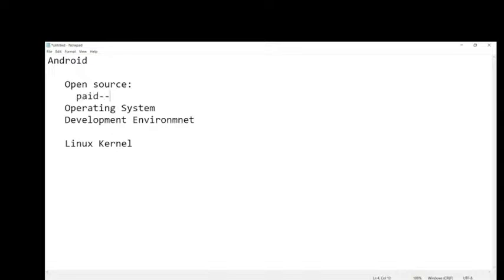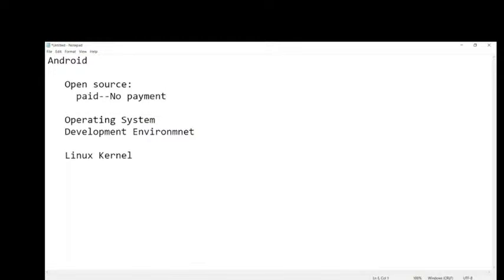But here, there is no payment. If you want to do Android development, there is no need to pay anything for the license. License in the sense of the development environment.